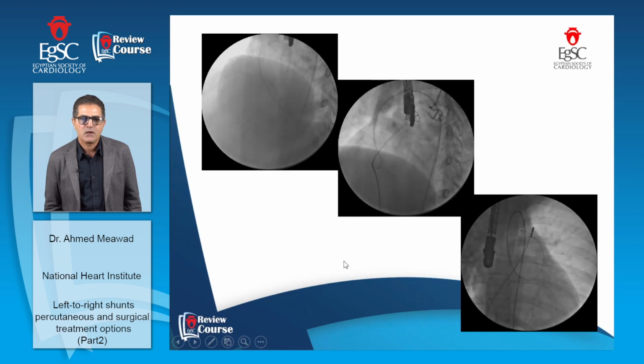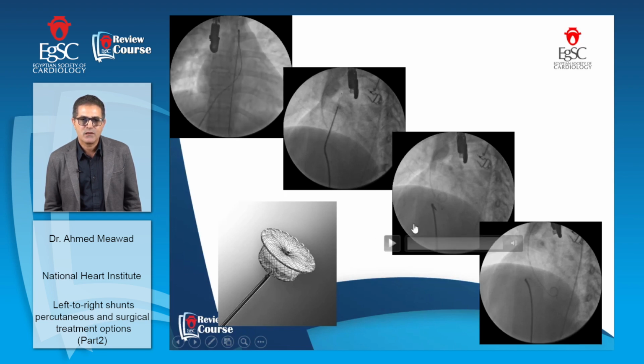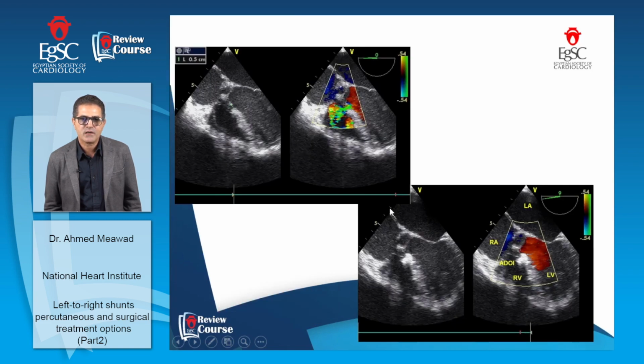Along this loop, we introduce the sheath, and then we introduce the device. In this case, we use a duct occluder 1 with 1 disc only, which is used in PDA closure. But we use it here in the high muscular or perimembranous VSD closure. As you see here, this is the defect, and the device is properly situated with no residual